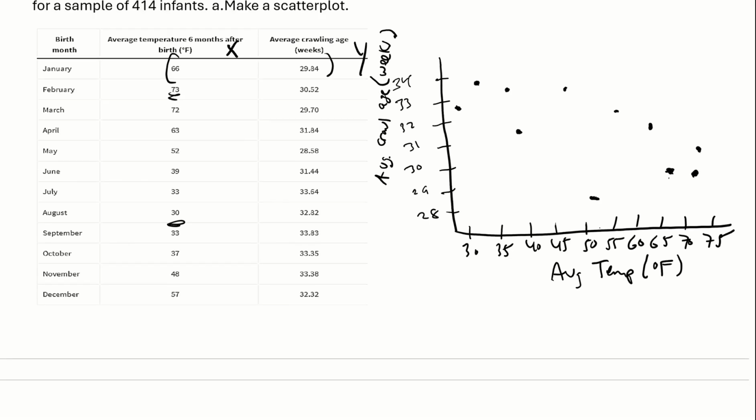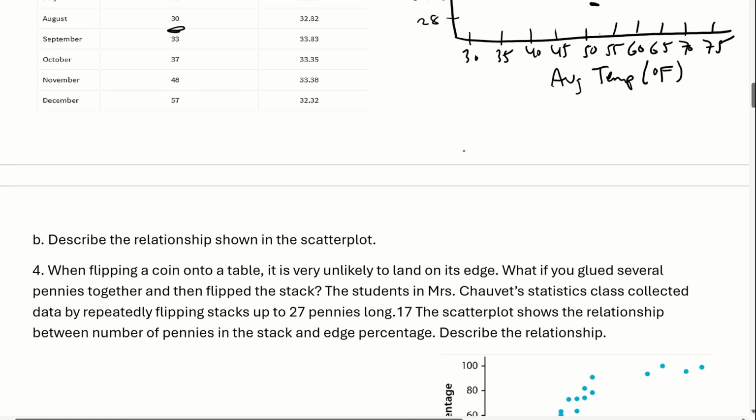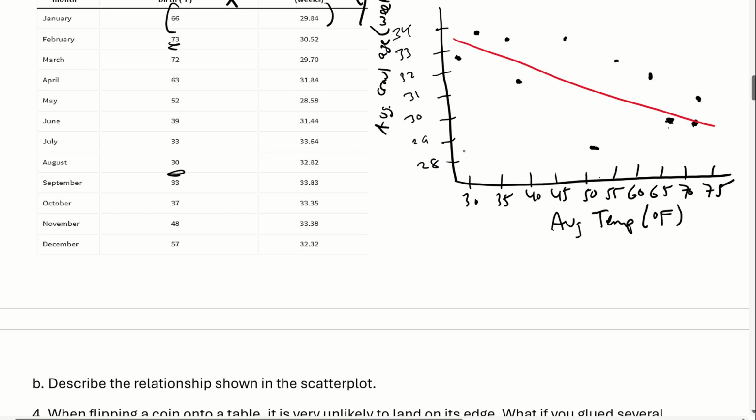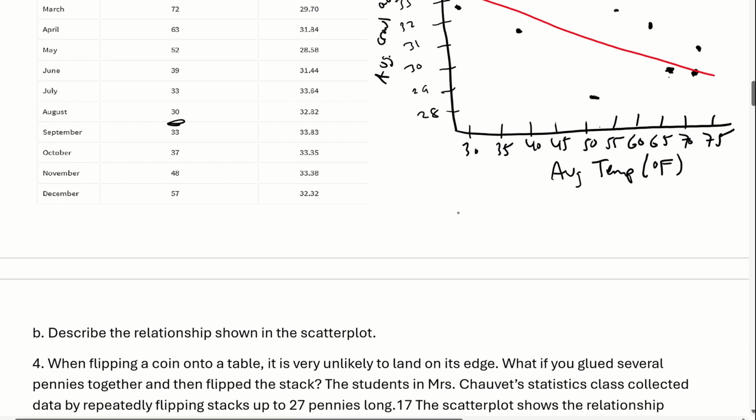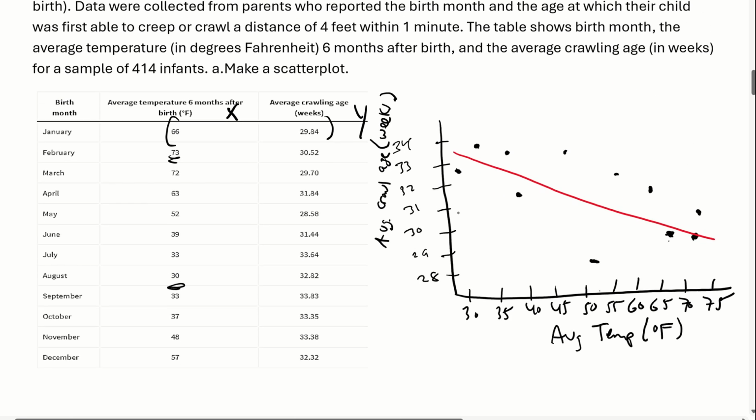So if I look at this, it looks like it's linear, right? It looks kind of linear, and it looks like a pretty decent relationship. So I would say it's probably moderate strength, because most of the dots are pretty close to that line, right? If you were to look at that. So let's go ahead and describe it. It says it here in part B, but we'll just describe it here. So for part B,